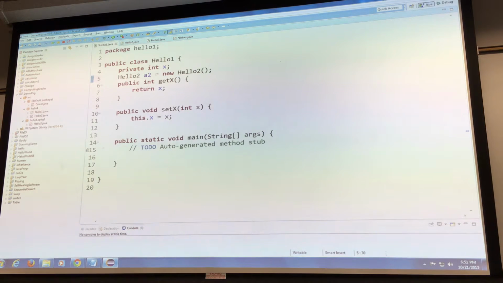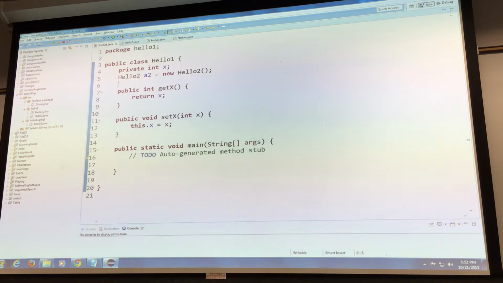And what I'm trying to prove is that I can access the protected variable directly because hello 1 and 2 live in the same package. You follow? So if I say a2 dot